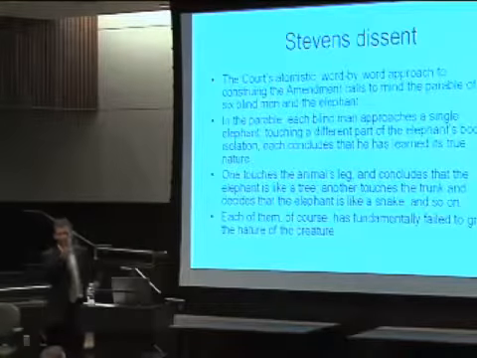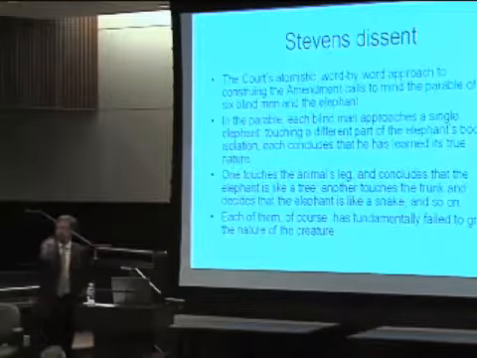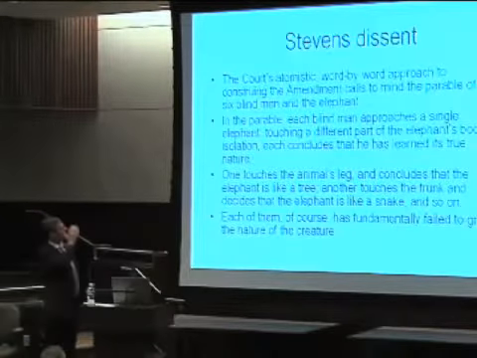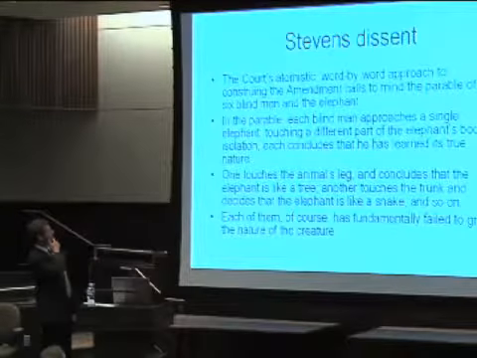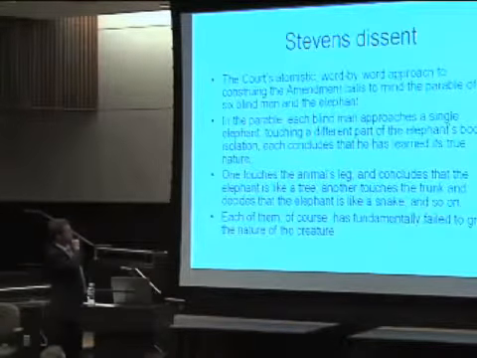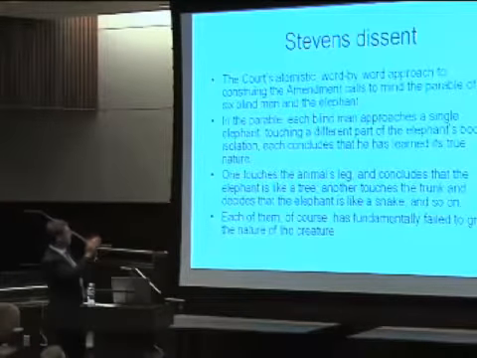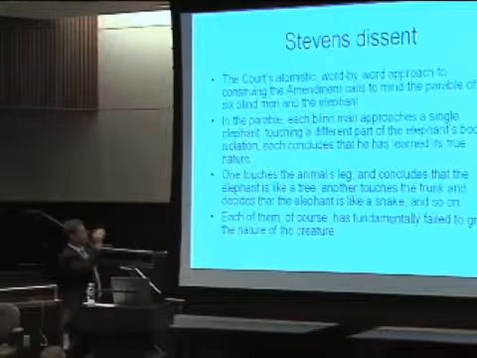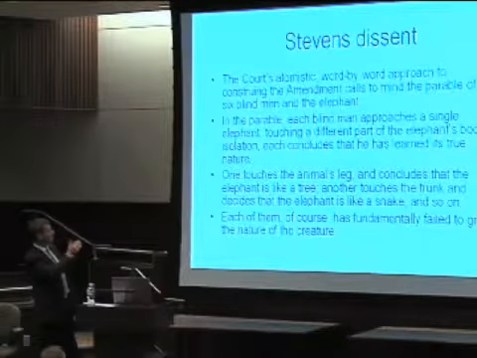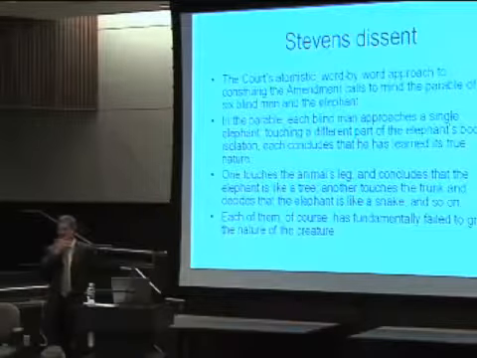So remember, Scalia goes through all of these different provisions and says keep arms means this, bear arms means this, militia means this. Here's what the result is. And Stevens says this is just like the blind man and the elephant. In the parable, each blind man approaches a single elephant, touching a different part. Each concludes he's learned its true nature. One touches the leg and says it's like a tree. Another touches the trunk and says it's like a snake. But each of them, of course, has fundamentally failed to grasp the nature of the creature. What's wrong with this